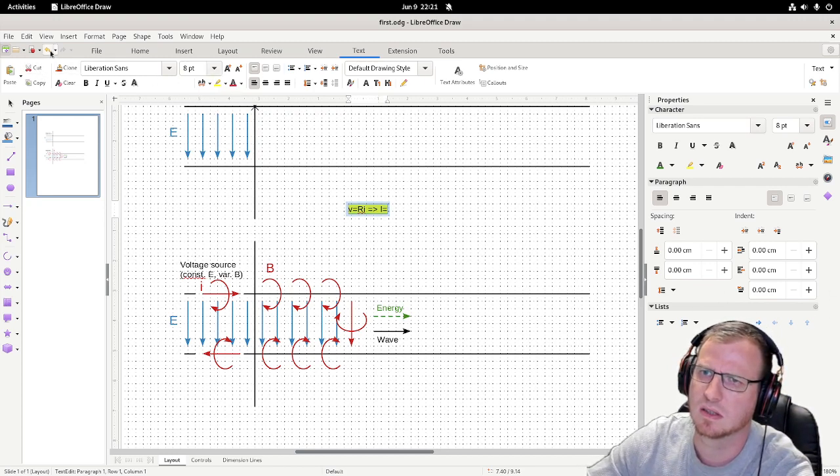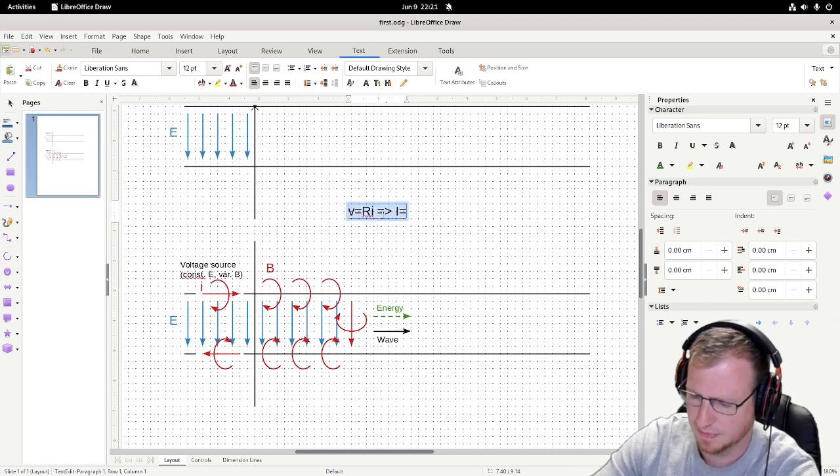No, not yellow. Perfect. So 12. Yeah, that's better. So I is